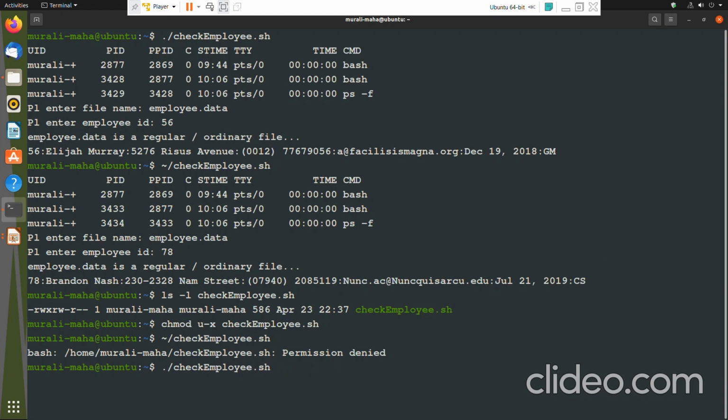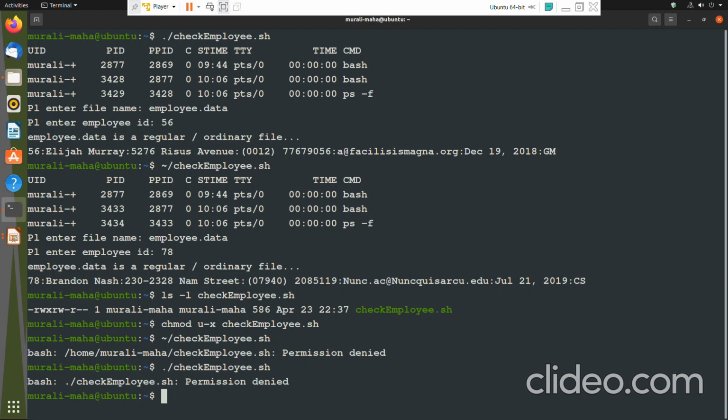No. So I won't be able to execute the script by specifying either absolute or relative path name, because in this case the script would be executed by itself. That is, it is not executed explicitly by bash or sh or ksh, but the script is executed by itself. In that case, it needs to have the execute permission. So now it gives an error, permission denied, because execute permission is not there.